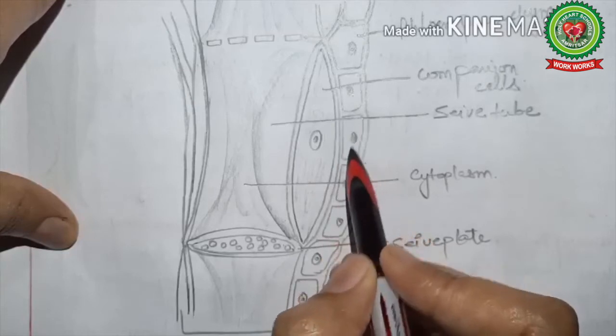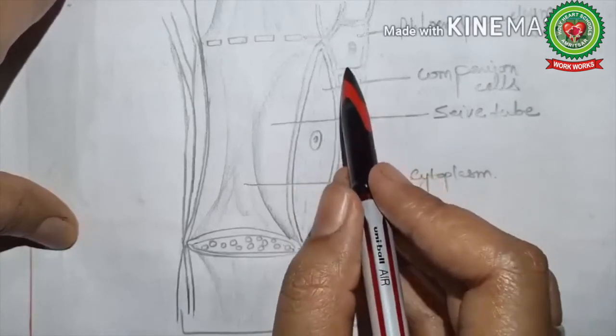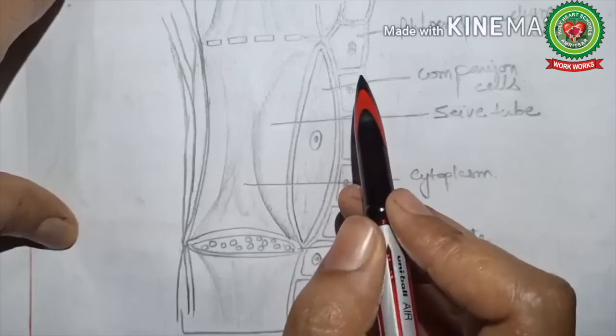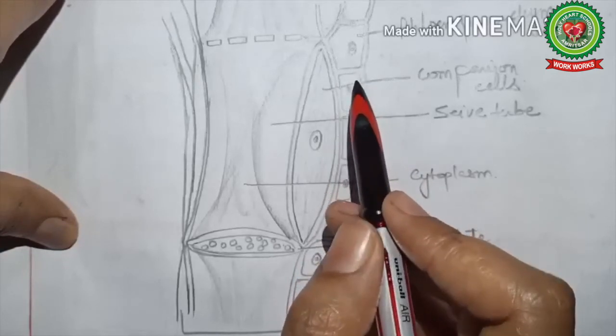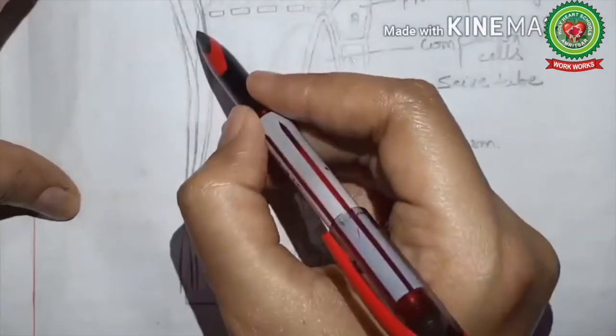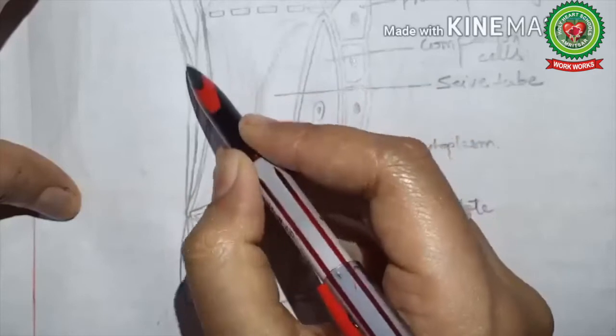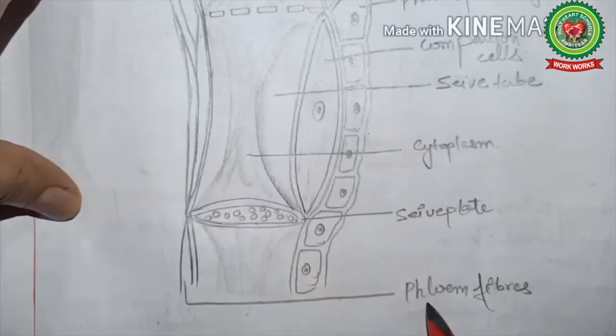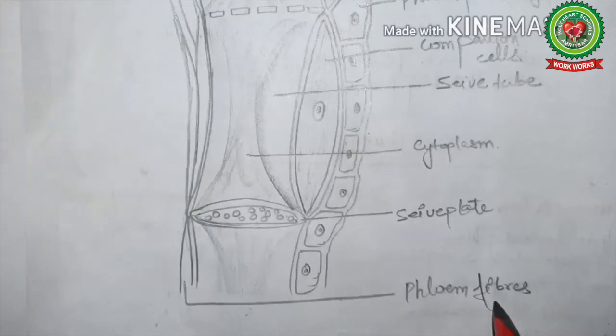Next to these are these small cells. These are representing phloem parenchyma, which helps in radial conduction of food, as well as they are also helping in storage of food. Now here these elongated narrow cells with the tapering ends are representing phloem fibers, which is actually the dead element of the phloem tissues. Now take out your book and open page number 343.